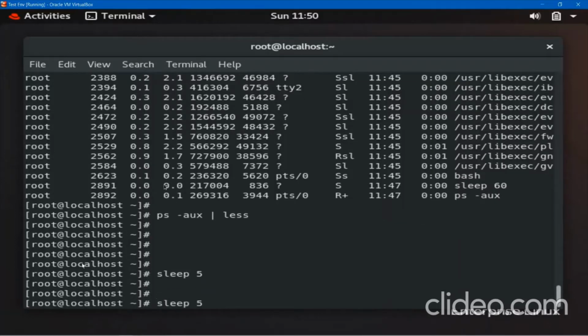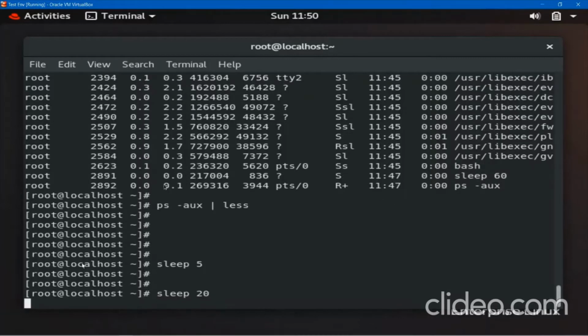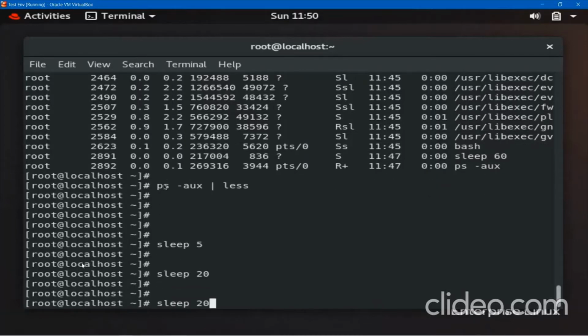Let me increase. In place of 5, let me type 20 seconds. This is one program, this will run, as well as I will execute some more programs during these 20 seconds. I don't want to waste my 20 seconds. So then I have to run this program in the background. How can I run it? Just a minute. Let the prompt come up. I will show you. Okay, so 20 seconds complete. The prompt comes up. So I want to run this process in the background. So for that, I will use this symbol. This is the ampersand, you can say.